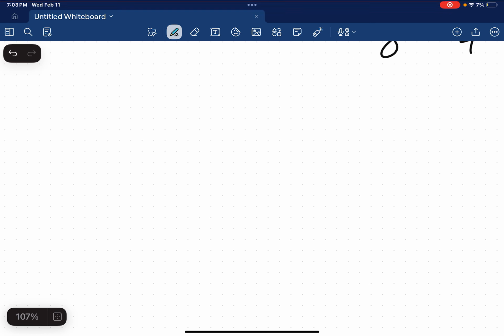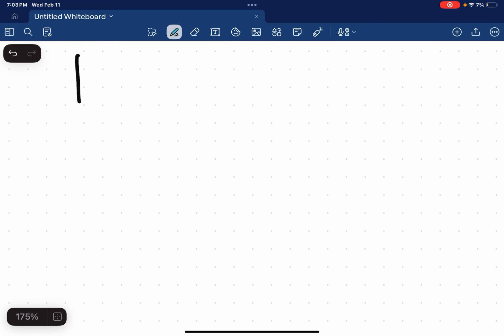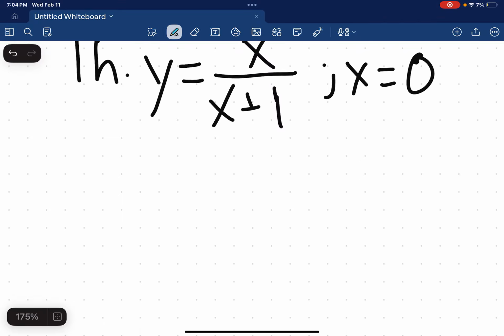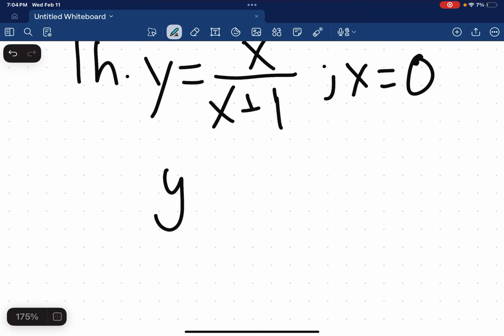Okay, on to the last one, 1h. We have y is equal to x divided by x plus 1 at x equals 0. For this we're going to have to use the quotient rule, which says